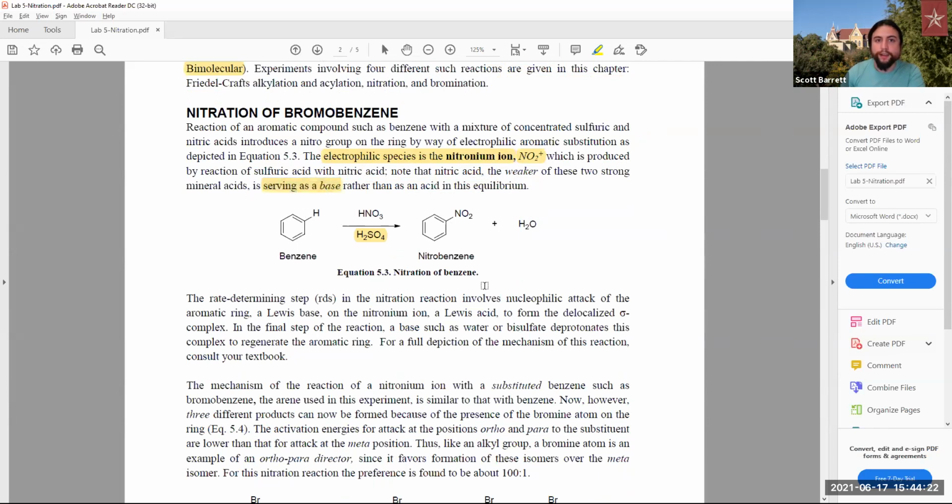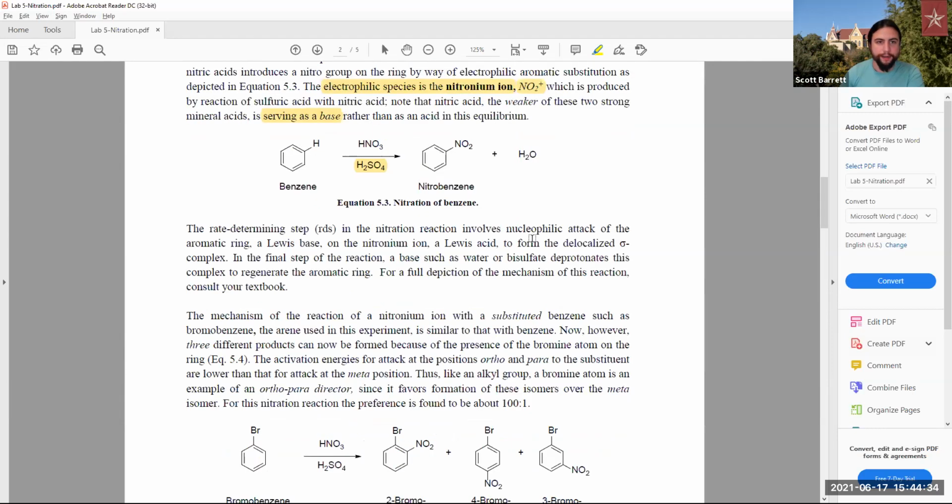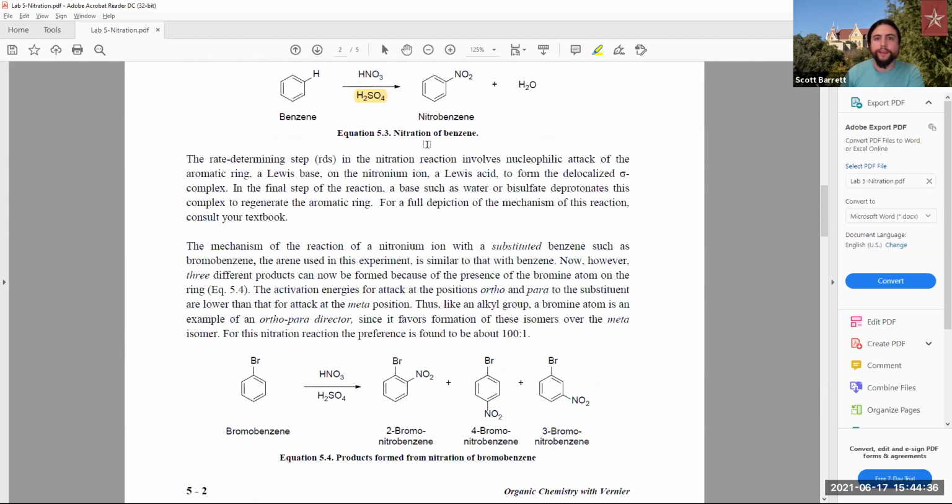so it's actually serving as a base, which is very strange in the system, but you can take it as it is. The nitronium ion is the electrophile, and the arene is wanting to attack that and then go away with the proton, creating water in the system. So the rate determining step, RDS, involves the nucleophilic attack of the aromatic ring, which is a Lewis base,